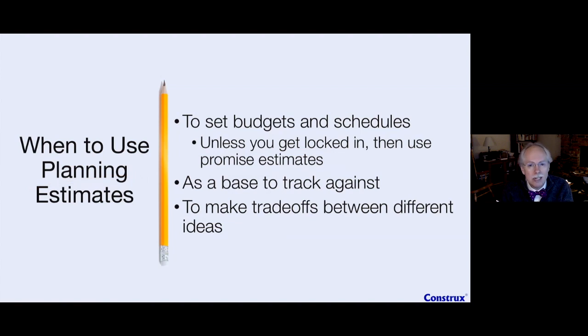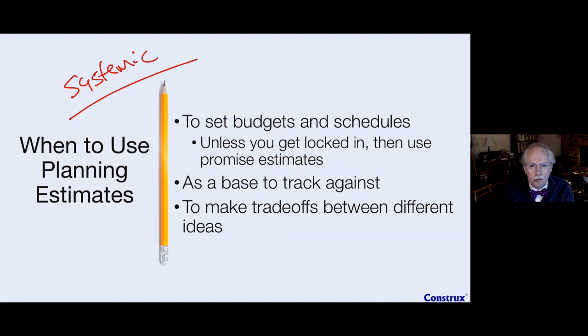And then I can use that planning number as a base to track against. We can say, well, we initially planned this, now we're planning this, and we can start talking about the differences. Because one of the cool things about estimates is that any errors tend to be systemic, right? So if I planned that this first chunk would take X days and it took X plus 20% days, I can say, I had a 20% error on my first segment. There's a reasonable chance that everything I did up to this point and planned in the future has that same 20% error. And so I can then track and make better predictions in the future.